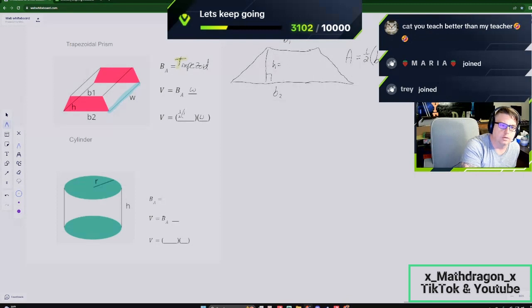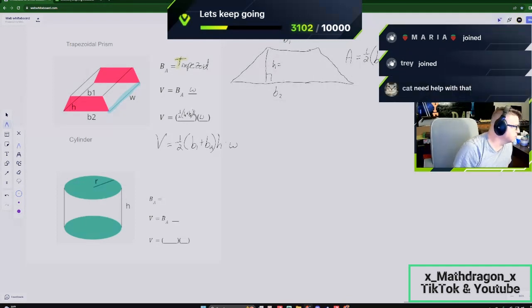I'm going to try and squeeze it in. It's base 2 times the height. It's ugly. But let me rewrite it. 1/2 and we're going to do base 1 plus base 2 and then we're going to multiply it by the height. And then we're going to multiply it by the distance between the two faces. Need help with that? Okay. So when we look at this, we have,